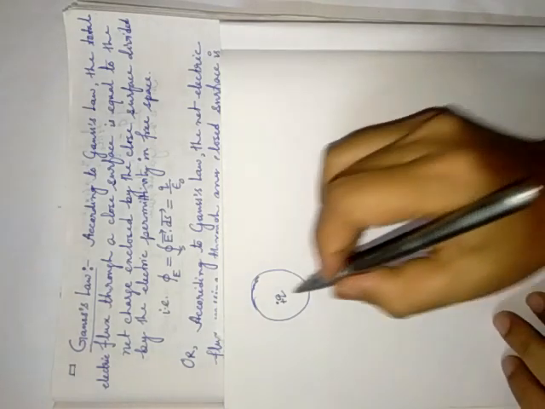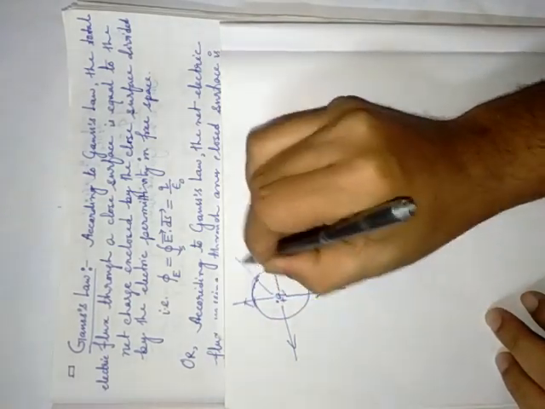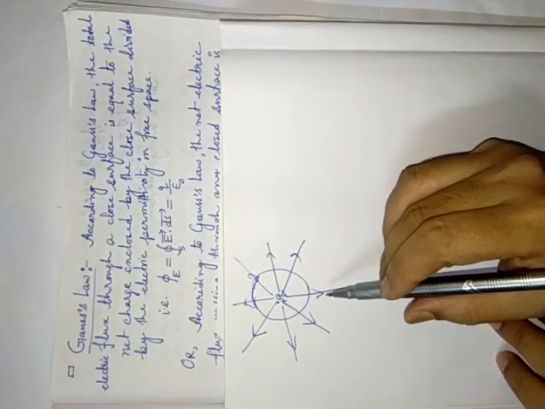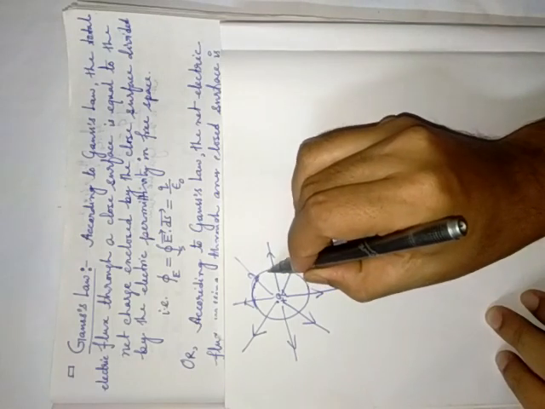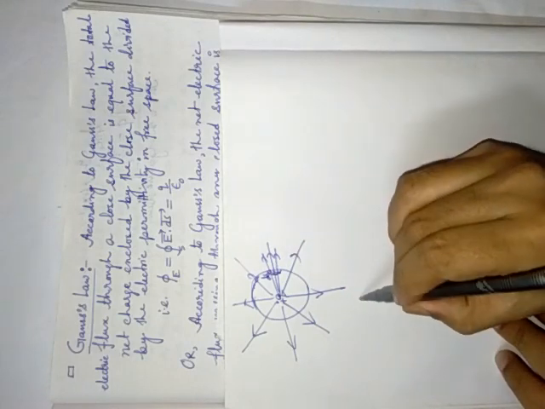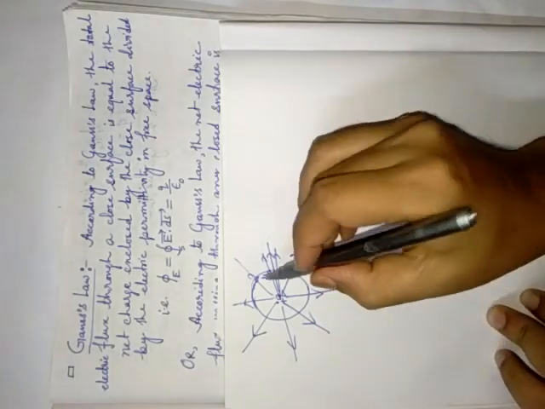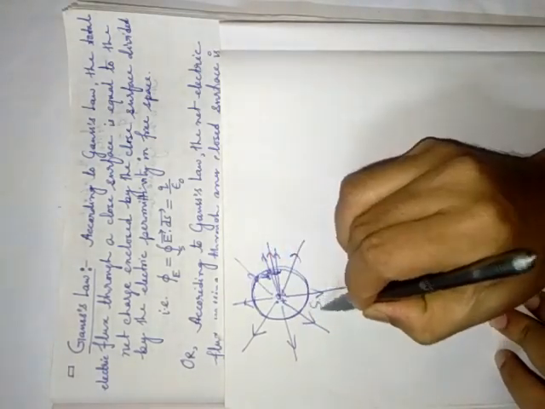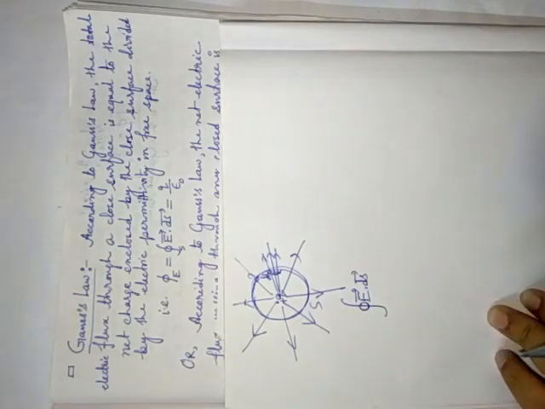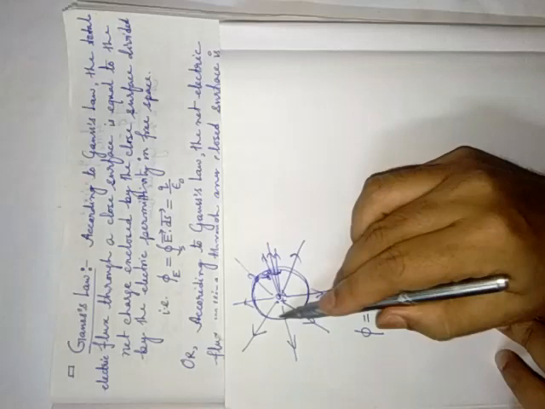Then what will happen? From the point charge, some electric field lines will come out, like this. That means if you have to calculate the flux, suppose for a small portion the area is ds, and electric field lines are coming out, then the electric flux through this small area is E vector dot ds vector. And if you have to calculate the total flux for the whole surface, then you have to put an integration here. Since it is closed, you have to use this symbol, the closed integral. And this is the total flux through the whole closed surface.